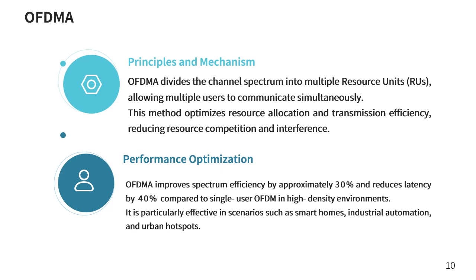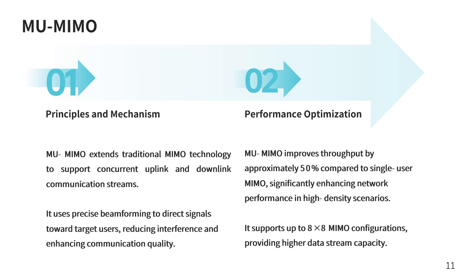Next, let's explore the second technology, MU-MIMO. This one takes multiple user communication to the next level. The principle of this one is that it extends traditional MIMO by enabling simultaneous uplink and downlink streams for multiple users. The full name of this one is multi-user, multiple input, multiple output. Using precise beamforming, it directs focused signal beams to target users, minimizing interference and